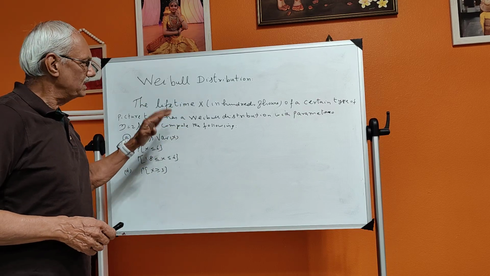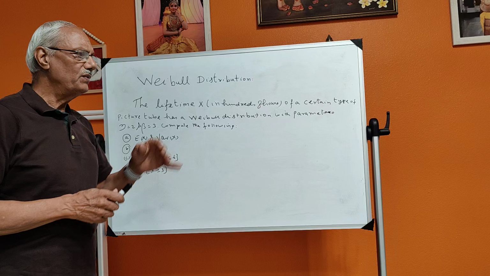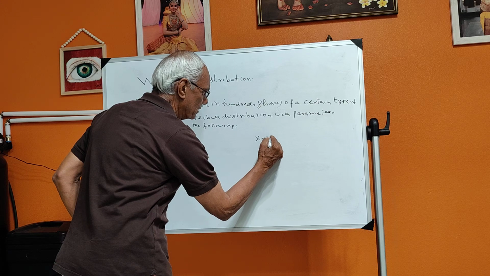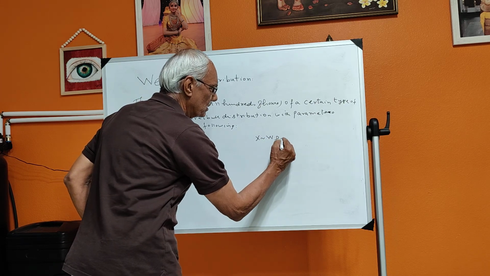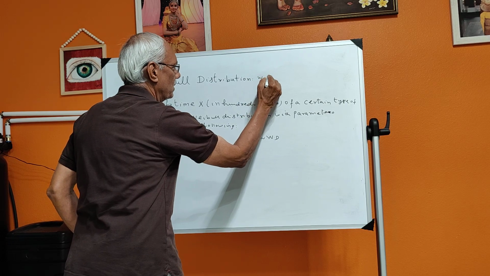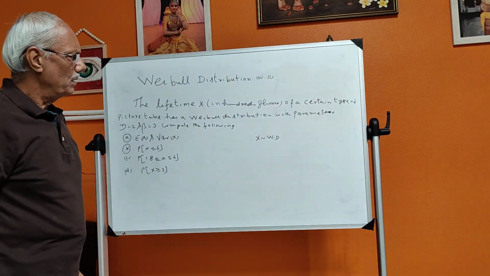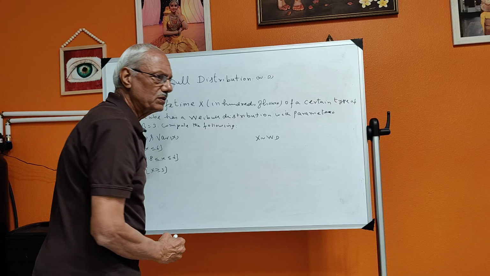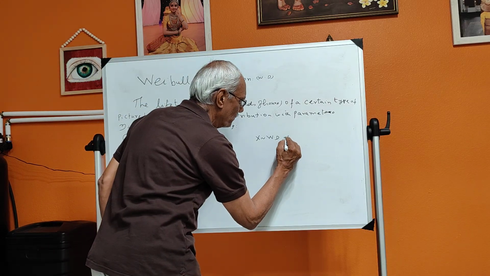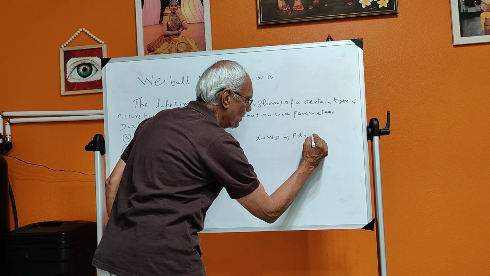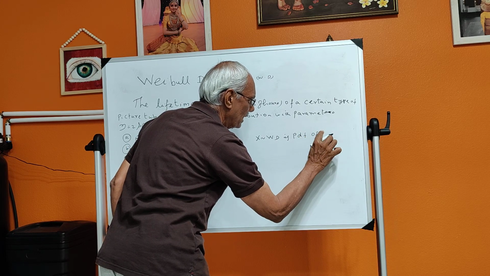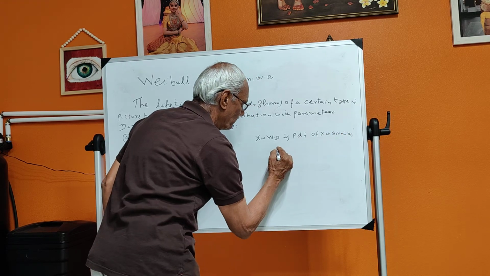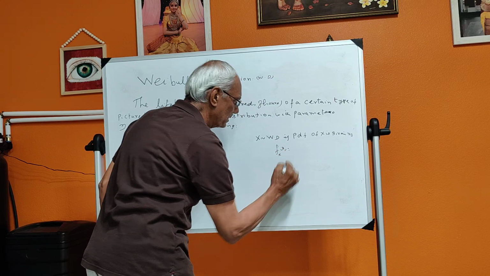And we say that a random variable x follows Weibull distribution if the probability density function is given by: x follows Weibull distribution if PDF of x is given by f_X(x) is equal to